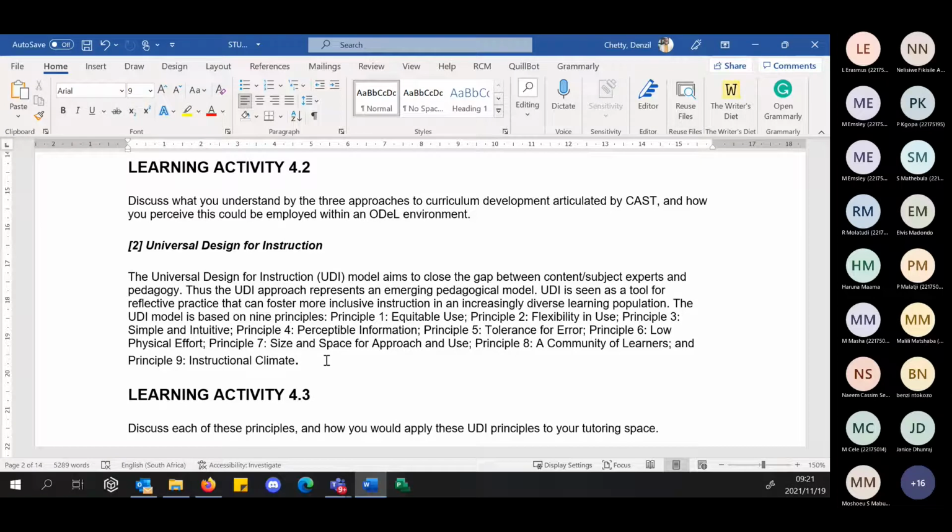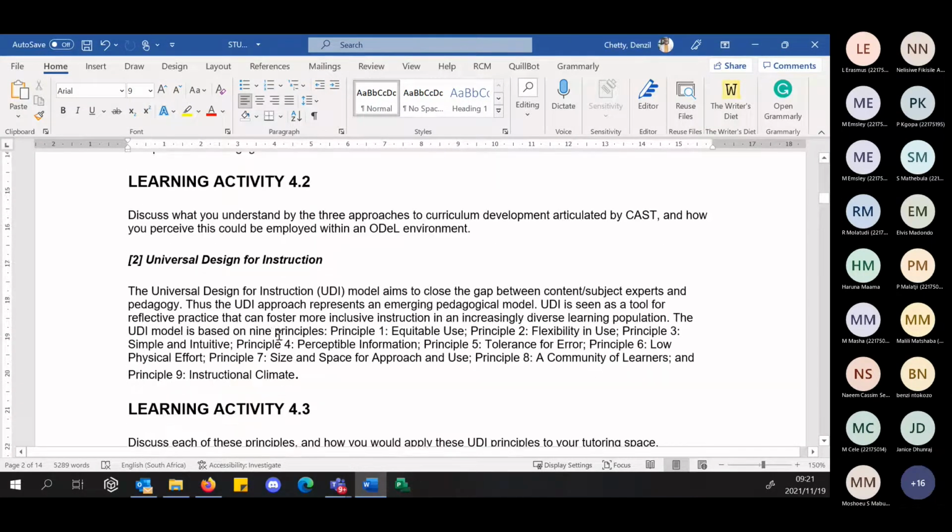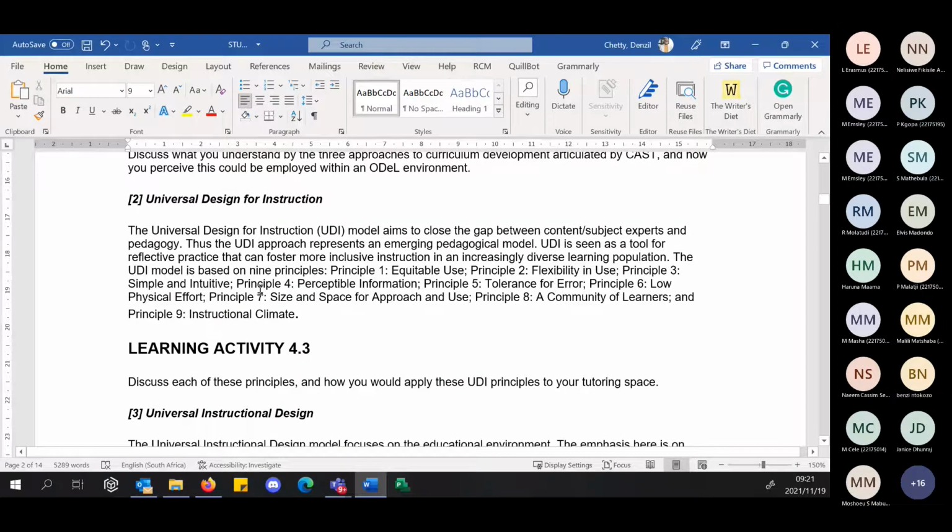Now, when we talk of emerging pedagogies, we see reflective practice as important, but in terms of UDI, Universal Design for Instruction, remember UDL is Universal Design for Learning, UDI is Universal Design for Instruction. There are 9 principles, right, that are extracted from the more comprehensive document on the Universal Design Principles.